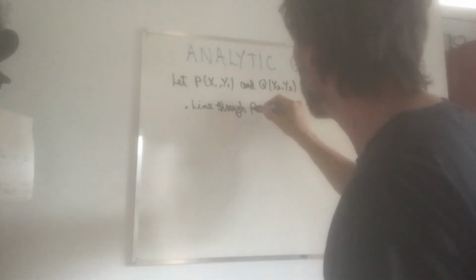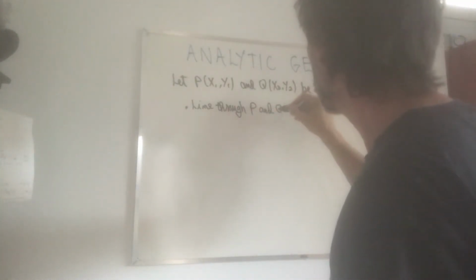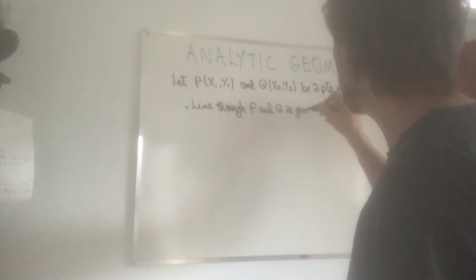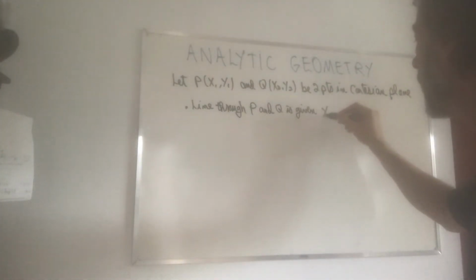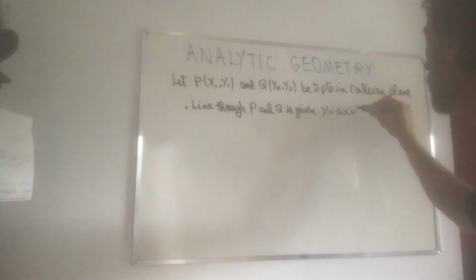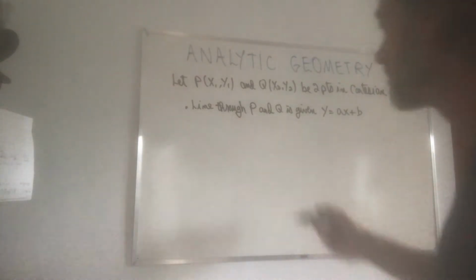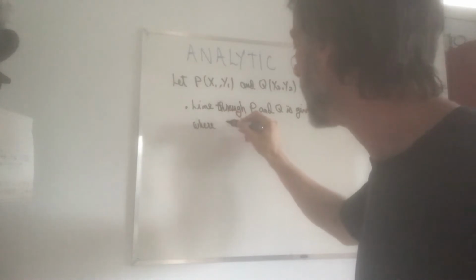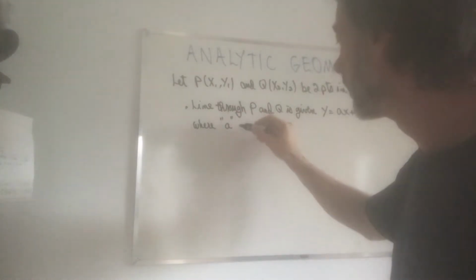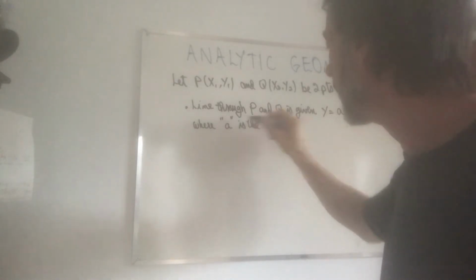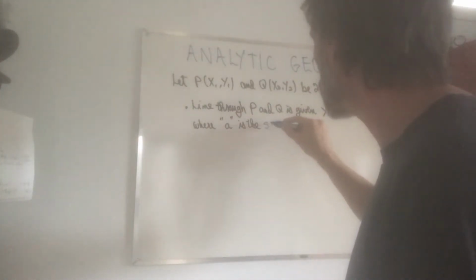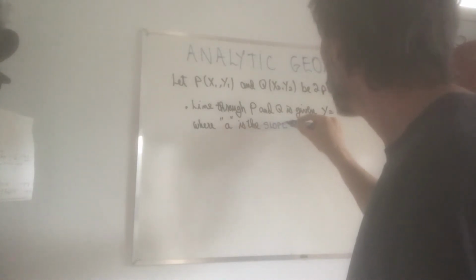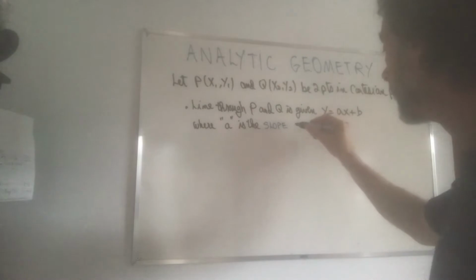is pretty much always given by, there are other ways of writing this, but the most common way to write the equation of a line, you know, is y is equal to ax plus b. Yes, of course, where a is the slope, a is the, oh, that's such an important word, we're going to give it a different color. A is the slope of the line,